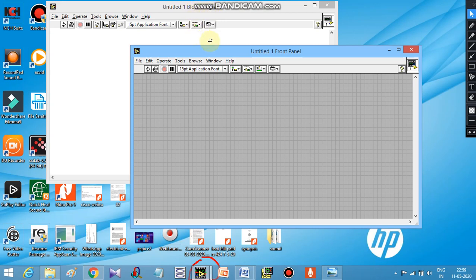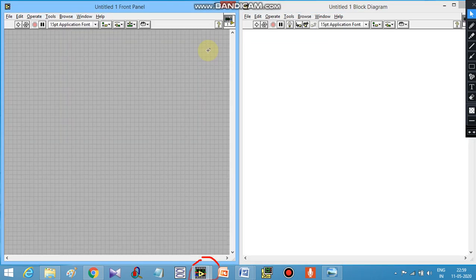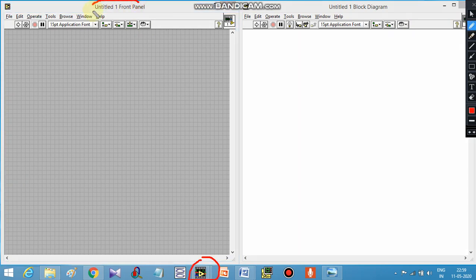If I press Ctrl and T simultaneously on my keyboard, we can view these two windows side by side. Here we have the front panel, and here we have the block diagram.